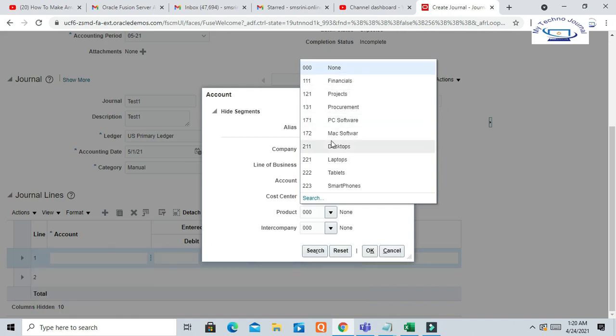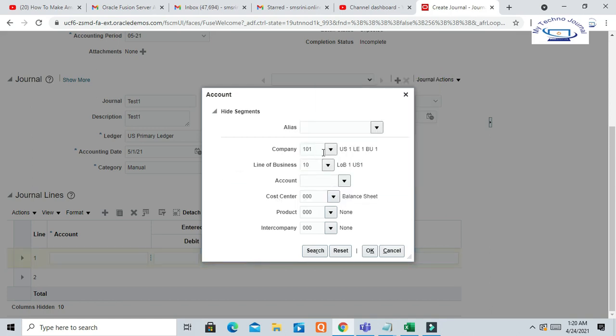Here I am able to take any of the cost centers and any of the product lines to create our accounting entries, but that should not happen, because company code 101, the US1 legal entity, is dealing with specific cost centers and product lines. Let me give you an example.